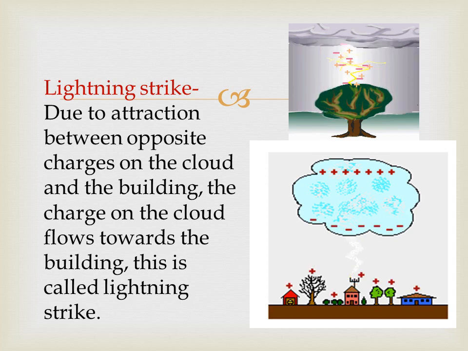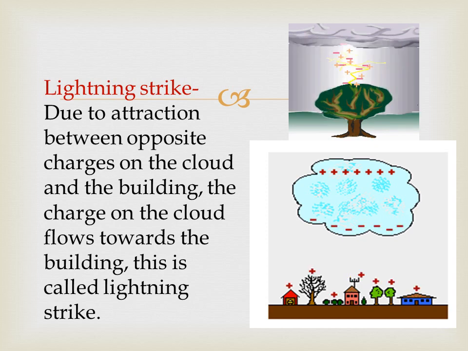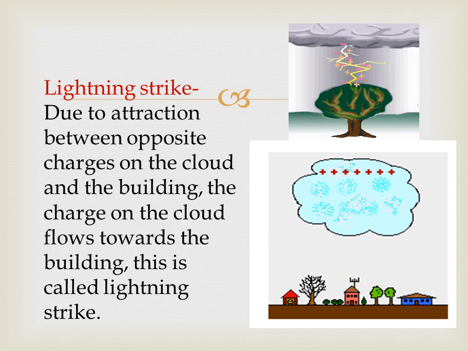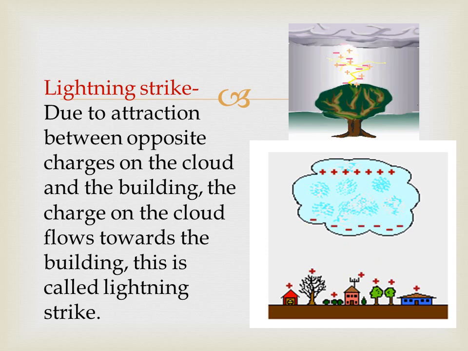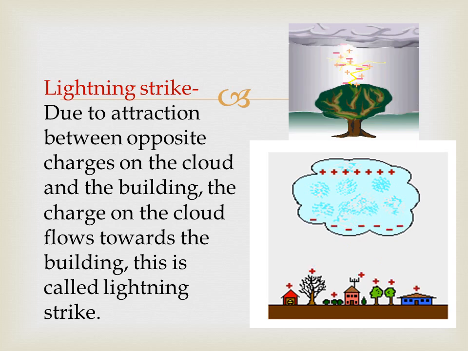Let us see some advantages of lightning. The tremendous heat and light is generated by lightning. Thus, a chemical reaction occurs between nitrogen and oxygen in the air, and nitrogen oxide gas is formed. It mixes with the rainwater and comes down to the earth. This in turn supplies nitrogen to the soil and improves soil fertility.